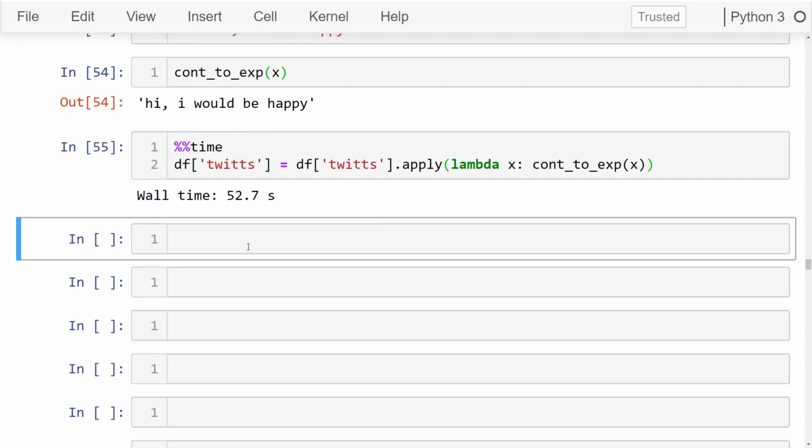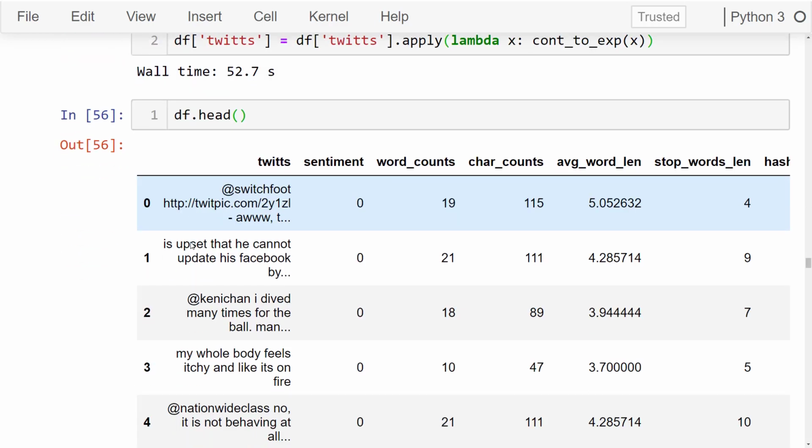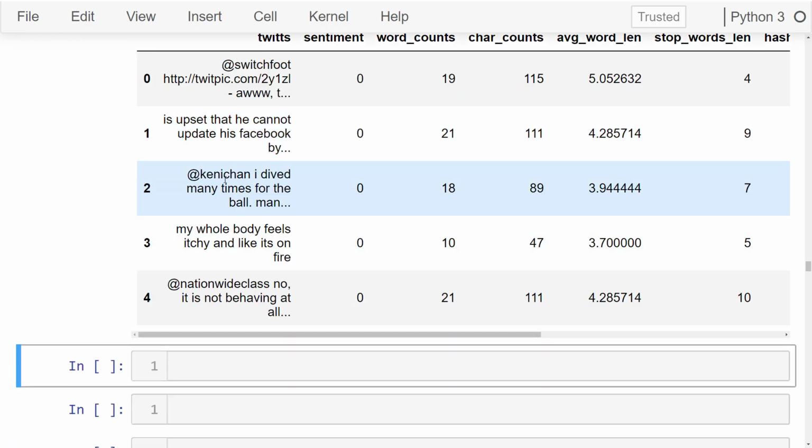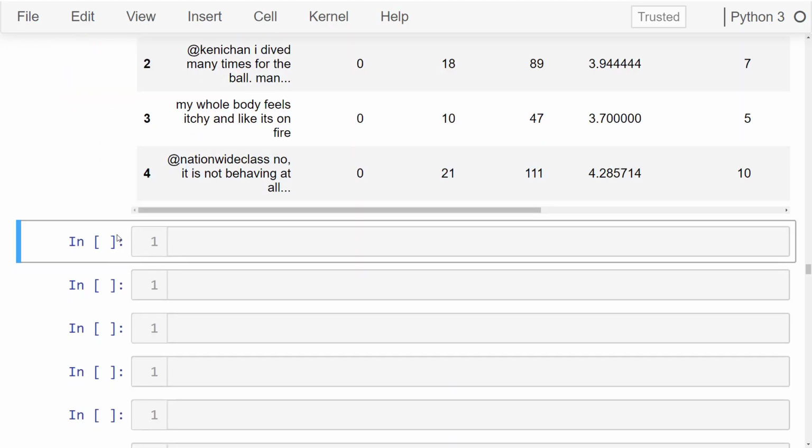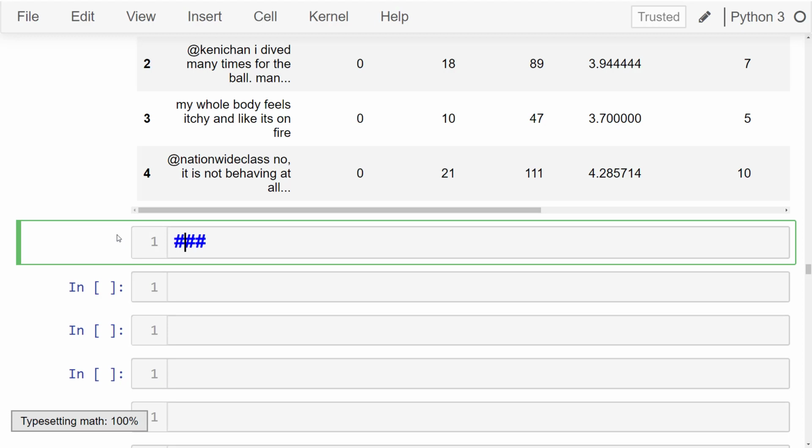All right, so it took around a minute to complete this operation. Now we have done the contraction to expansion. Now it is time to check the df to see if there is any change in any tweet. I don't think we can see any; we had not found that. Although, let's go ahead and move to the next topic, in which I'm going to